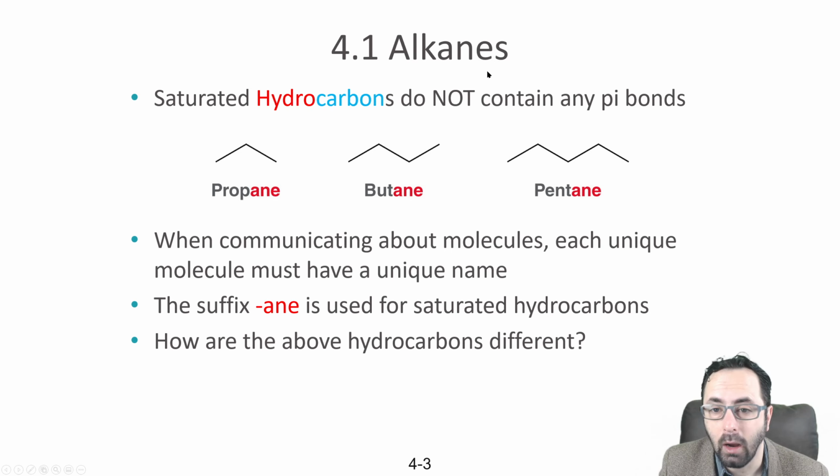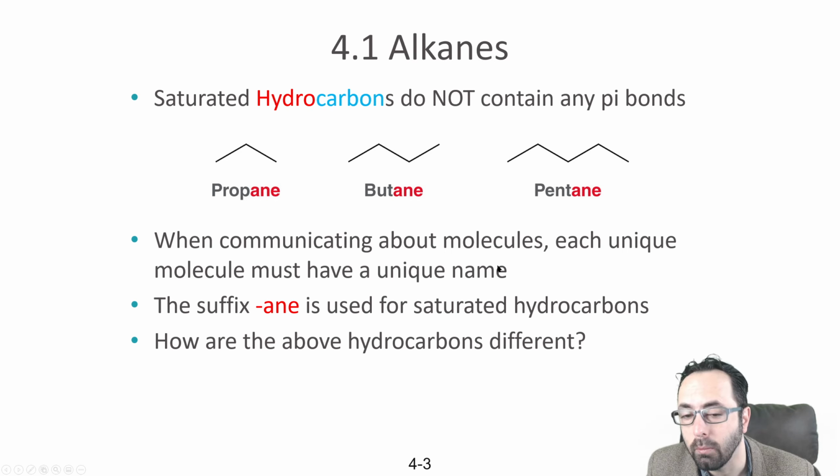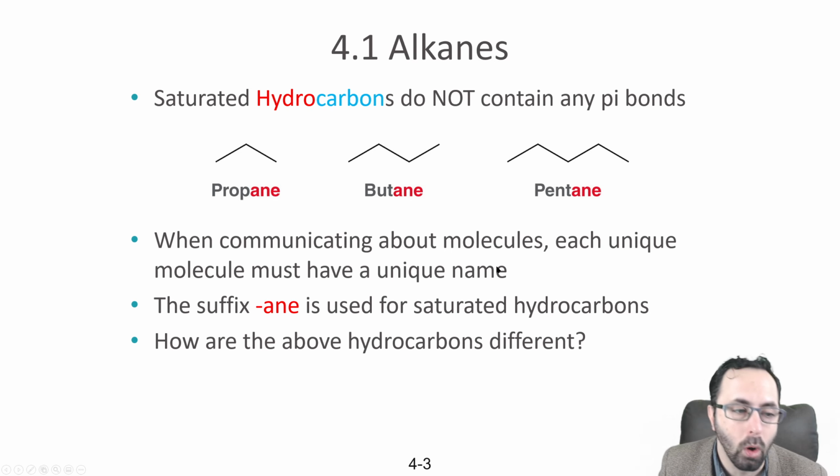Saturated hydrocarbons, alkanes, do not have any pi bonds. They're only carbon-carbon single bonds. And we want to name these molecules such that if we have a name, it directly tells us the molecule, and if we have the molecule, there's only one name that can be attached to it. In other words, we want the names to be one-to-one with the structures. One structure, one name. If the name differs, it's a different structure, a different molecule. If the structure differs, the name should be different. And there's a systematic way of naming alkanes and other molecules that makes sure that this is the case.